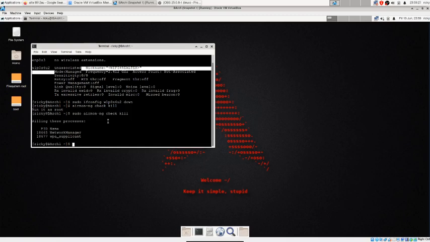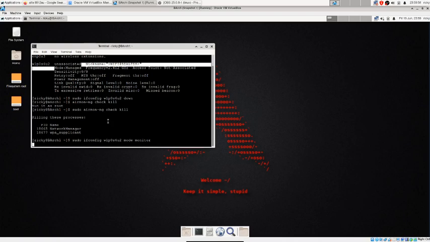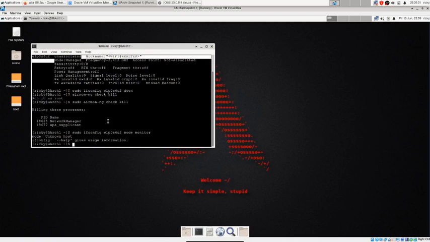Okay, then we need to put that card, which is down at the moment, into monitor mode. ifconfig wlp0s6u2 mode monitor. Sorry, we need to run this with sudo. ifconfig gives usage information. What is happening here?